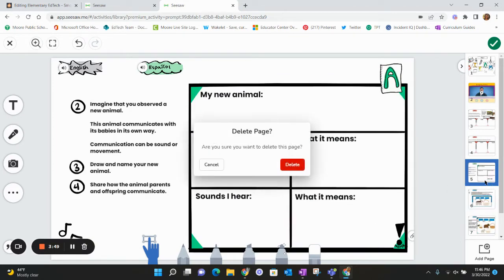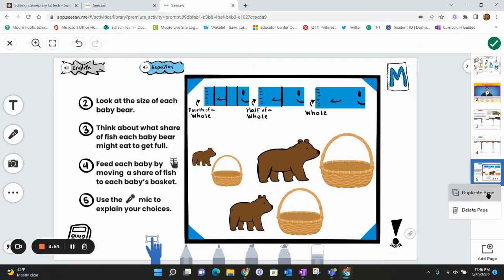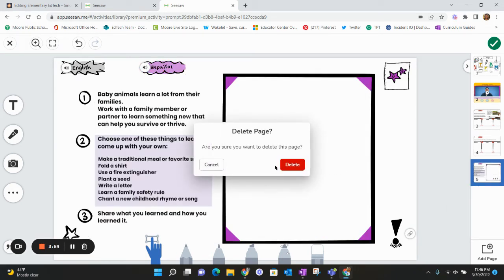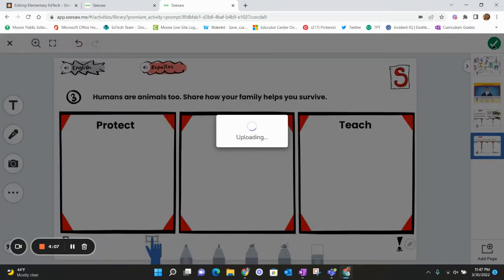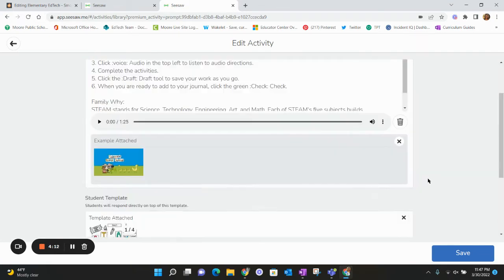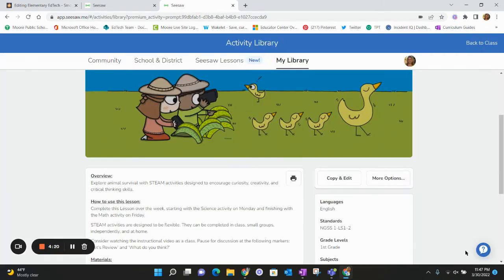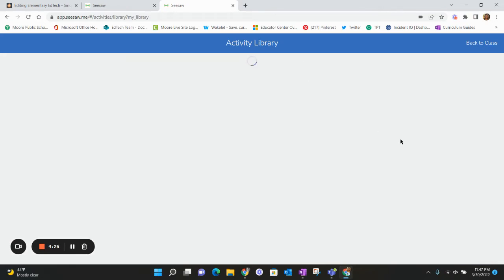All right. Almost done here. Okay, I have exactly the pages that I want to assign to my students on day 1. So I'm going to go ahead and save it as 1, Animal Survival. Okay, that's ready to go. I can change these instructions if I would like to, if I want to make them more appropriate or specific. I'm going to click Save. I'm going to go back to my library